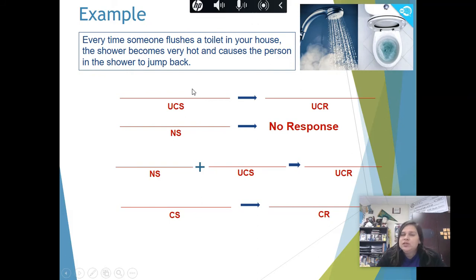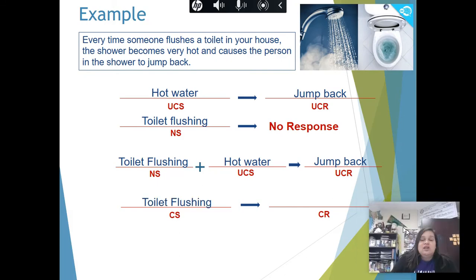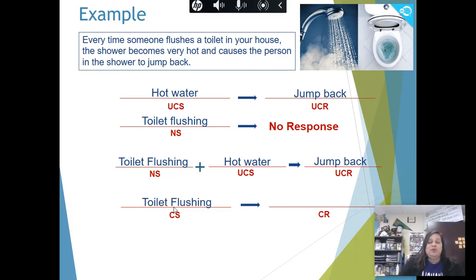Maybe at your house, if somebody flushes the toilet while you're in the shower, in a lot of houses, the water gets really hot and it'll burn you in the shower. So in this case, the hot water would be our unconditioned stimulus, and you would naturally jump back because you're getting burned, so flinching to the hot water. Neutral stimulus would be a toilet flushing. Generally, toilet flushing doesn't really cause any kind of fear or wincing. But when you have that toilet flushing, plus the hot water, and you jump back. So eventually, if that keeps happening multiple times where the toilet flushes and you get burned, toilet flush, burned, then eventually just hearing the toilet flush would cause you to jump back.